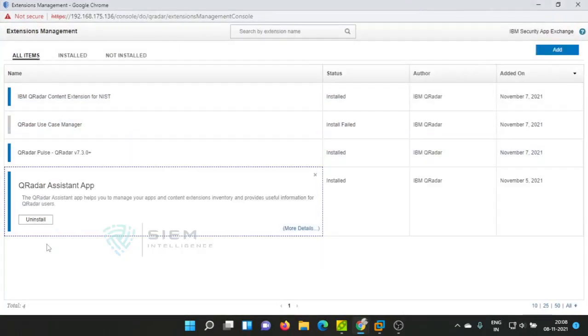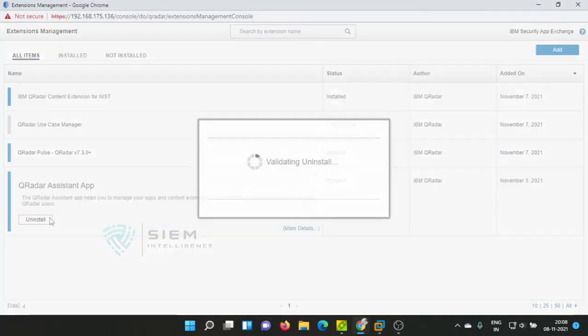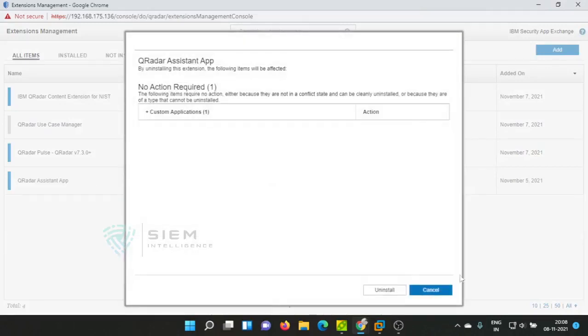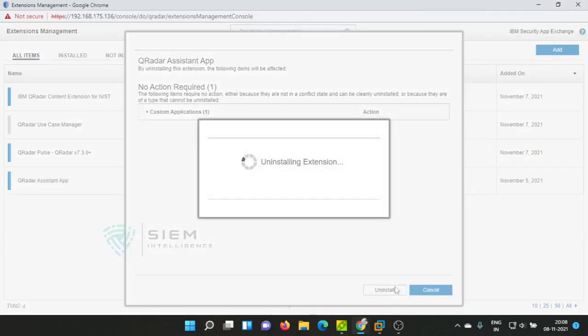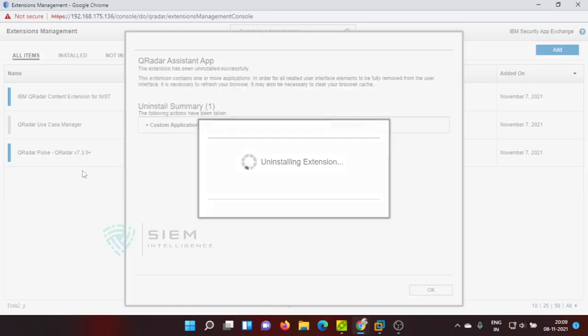So I'll uninstall one thing. I'll uninstall this Assistant app, because it is taking so much RAM, memory. If I remove Pulse, how can I show you the template installation? That's the reason I'm uninstalling this Assistant app. We'll see if it is possible. Sometimes it takes 14, sometimes not.